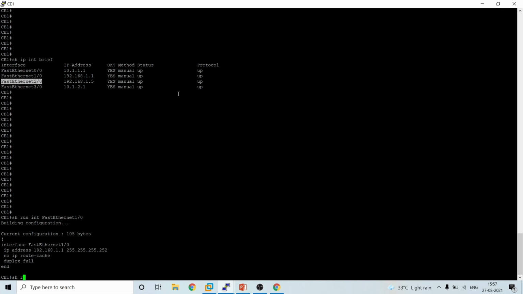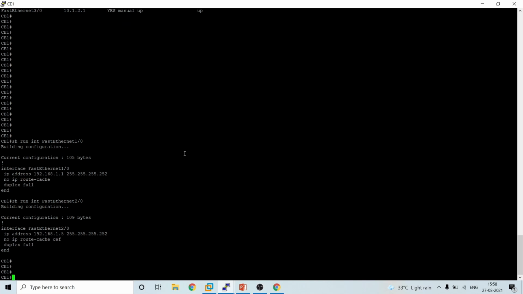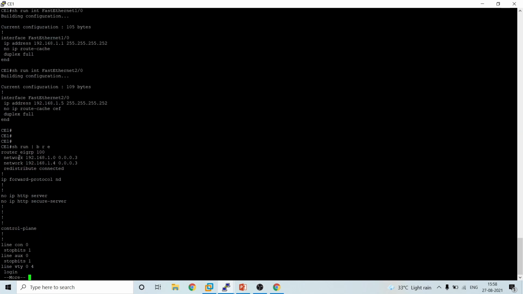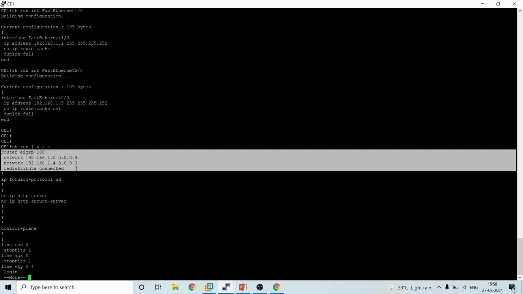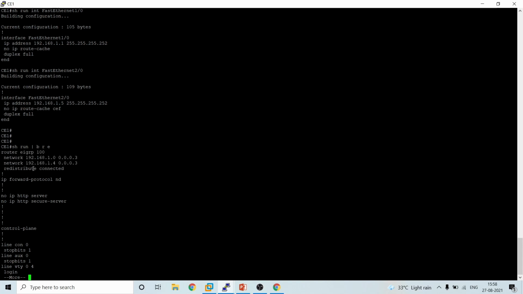Similarly here as well, no IP route cache. And I'll show you the EIGRP configuration. It's just router EIGRP 100 and two networks for EIGRP, and redistribute connected to redistribute the 10 subnets.